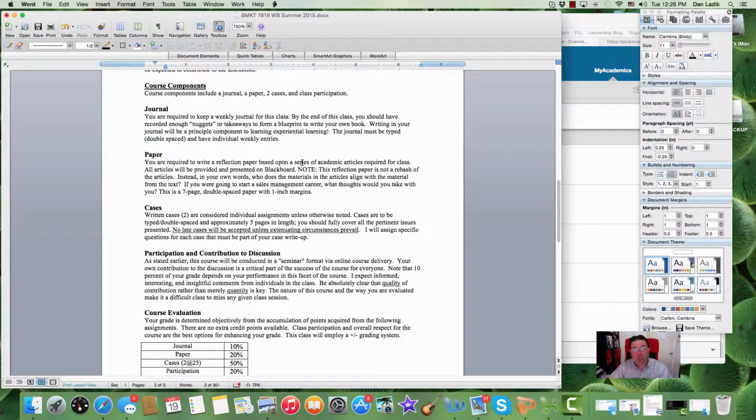But you're going to read these academic articles, and then you're going to write a paper about, in your opinion, how these articles, which are very, very recent, align or don't align with what you really liked or didn't like in the text. That's the reflection paper. So, 2 cases, an individual journal, a reflection paper,